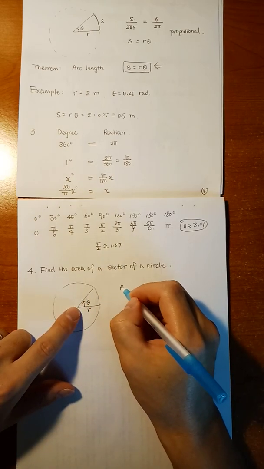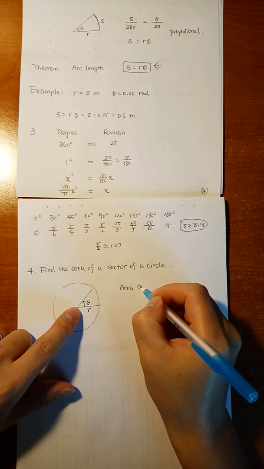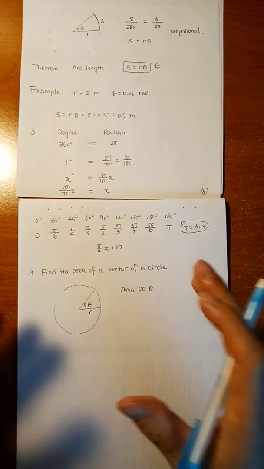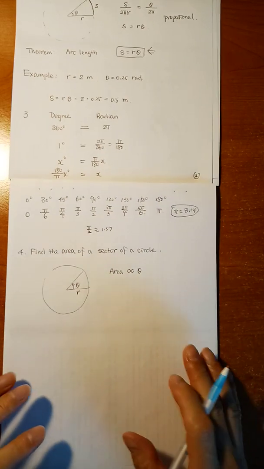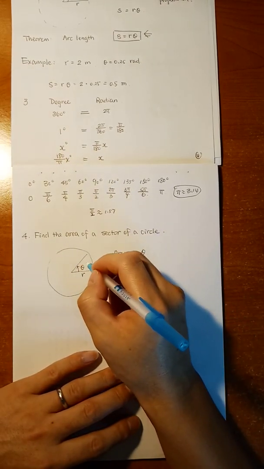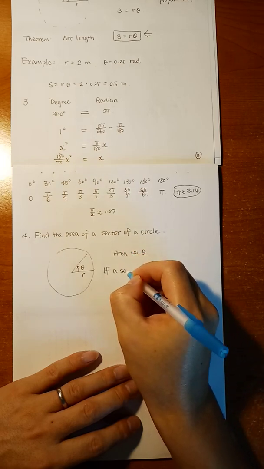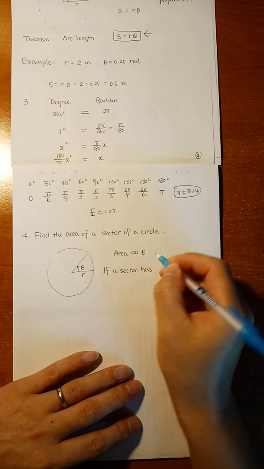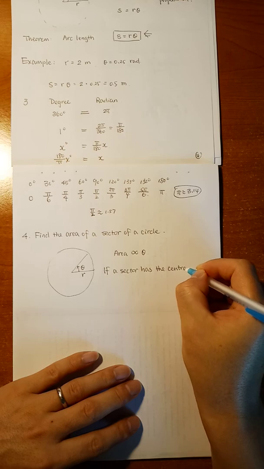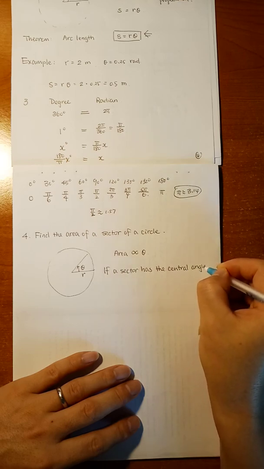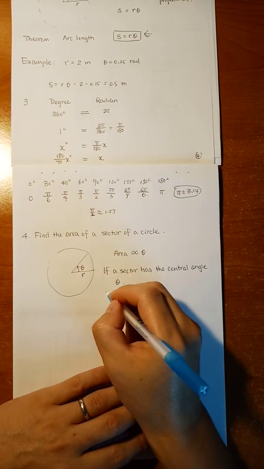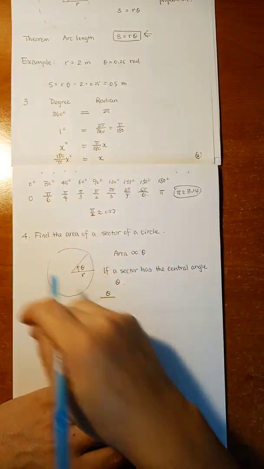So the area is proportional to the central angle, the radian measure of the central angle. Okay, so if a sector has a central angle theta, then theta over the revolution